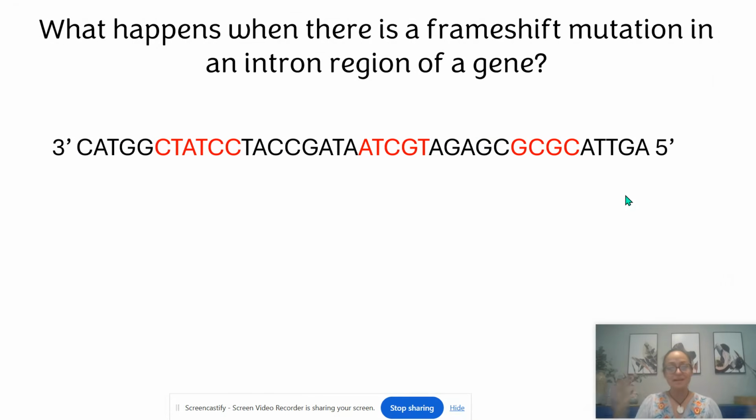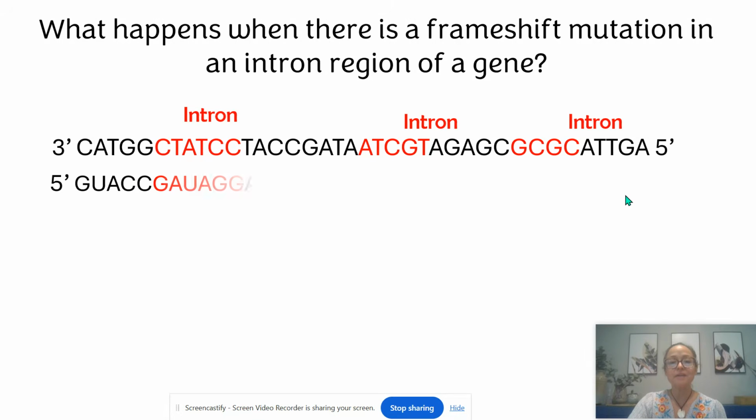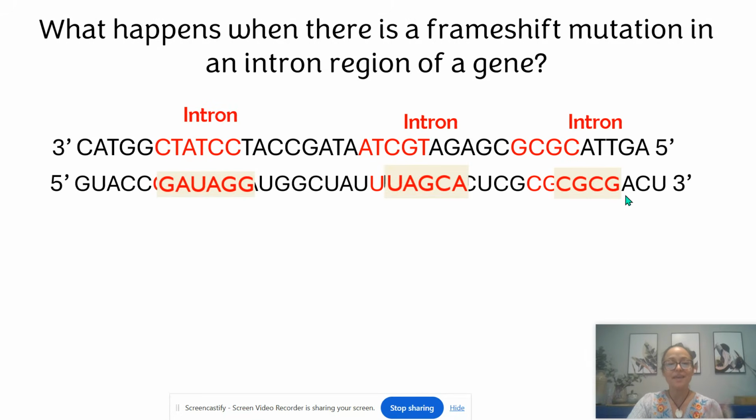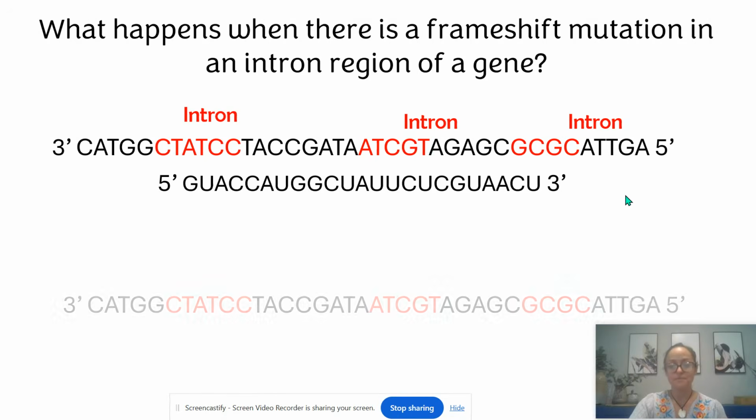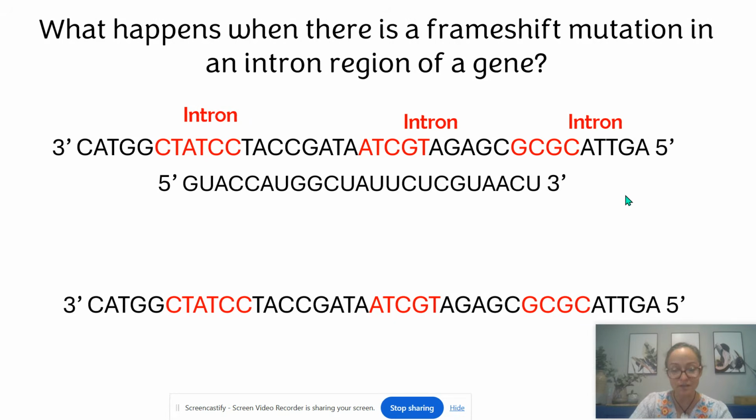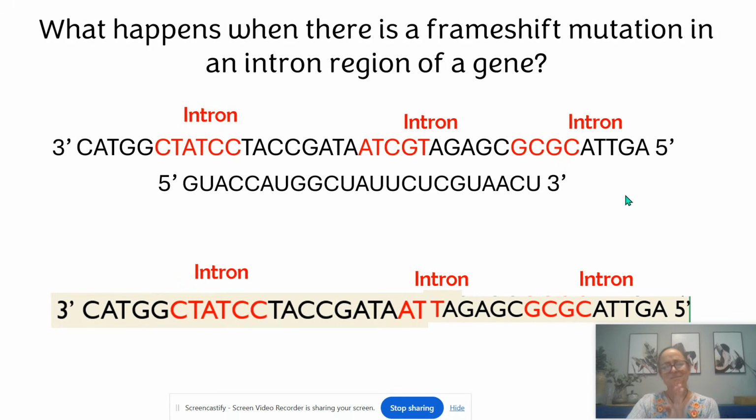Okay, so I think my last concept is what happens when there is a frameshift mutation in an intron region of a gene. So here I've highlighted the introns in red. And so if I copy the RNA and then I remove the introns during RNA processing, here's my mature mRNA sequence. Awesome. Now here, if there is an insertion or a deletion, a frameshift mutation in an intron, so let's say I delete a few nucleotides from an intron, and now the reading frame was shifted, the question becomes, does it